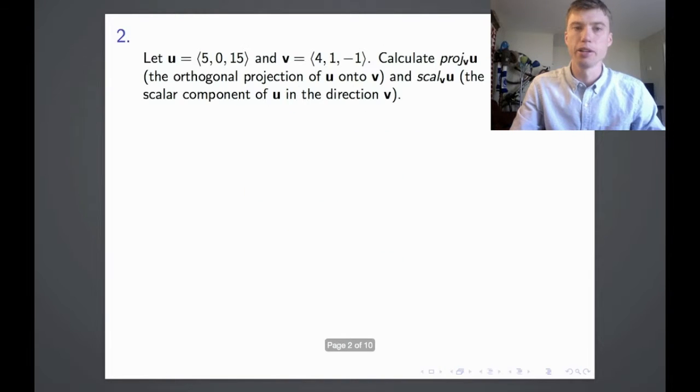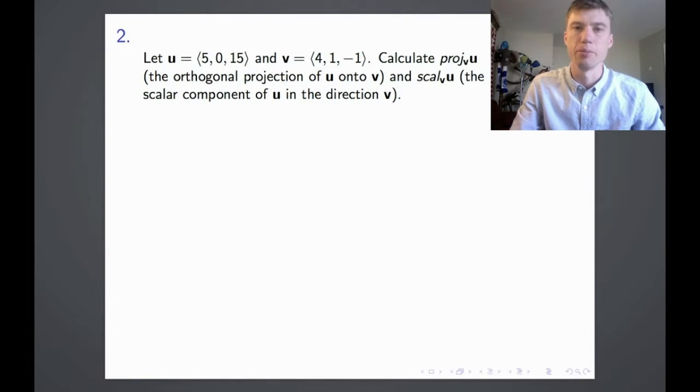Today we will be looking at problem 2 of the 12.3 handout. We consider two vectors, u and v. U is equal to 5, 0, 15, and v is equal to 4, 1, negative 1. We are then asked to calculate the projection of u onto v and the scalar component of u in the